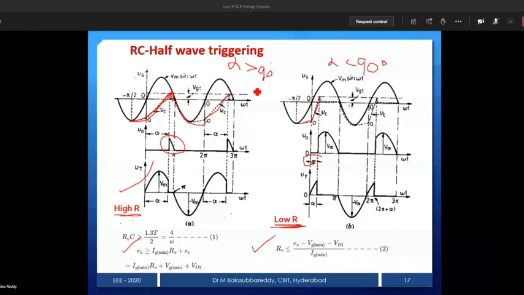Very simple here, a diode rectifier. If I use a diode rectifier, what will happen? We will get all pulsating DC. Even though the supply is AC, after a diode rectifier you will get everything positive. If everything is positive, automatically you can control it. So that is the full wave RC triggering. You can see that, very simple.